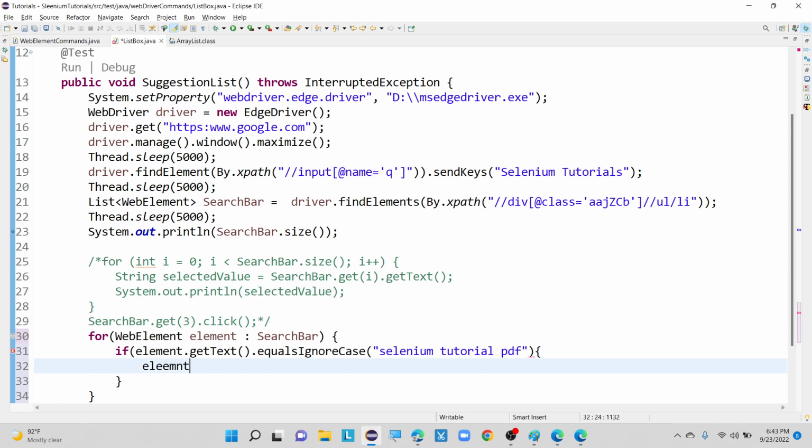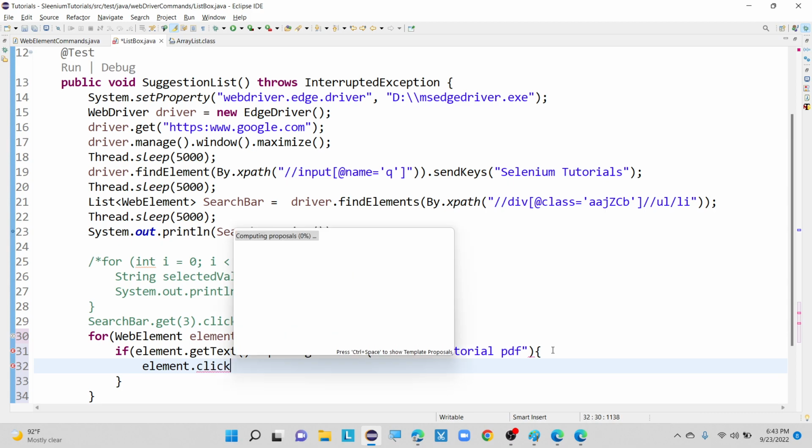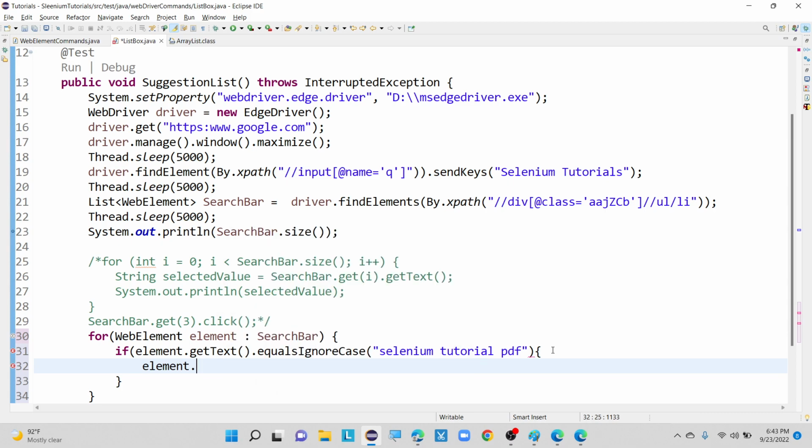That is with the help of element dot click. Why is element not showing here? Okay, I forgot to update here, not an issue. Now element dot click. Okay, if I do it like this,